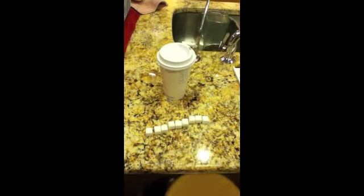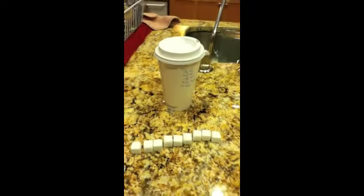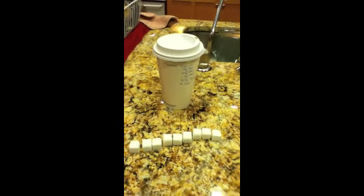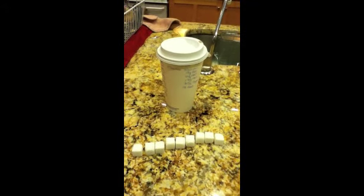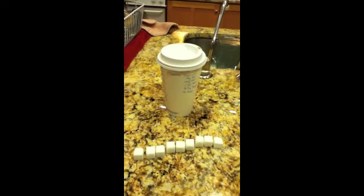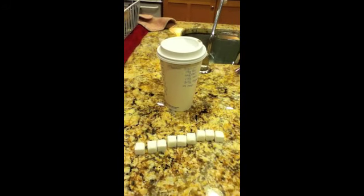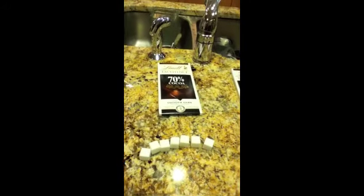Okay, let's talk about sugar for a second. This is just one of those 16-ounce yummy coffee drinks from we won't mention where. Let's say it's a chocolate mocha coffee. It's got 9 teaspoons of sugar. Each sugar cube represents 1 teaspoon. So we're looking at 9 teaspoons of sugar with a shot of caffeine in the morning,